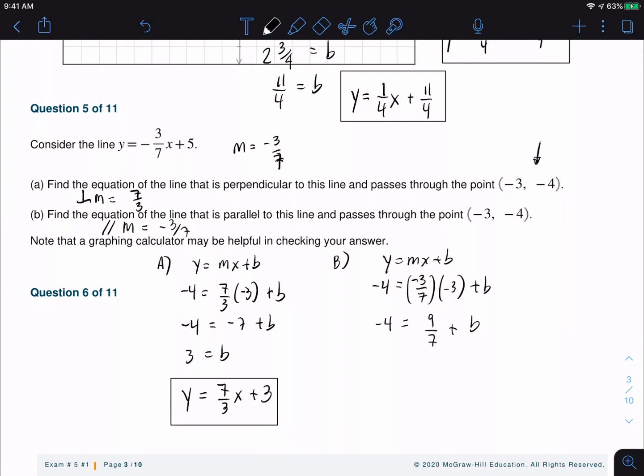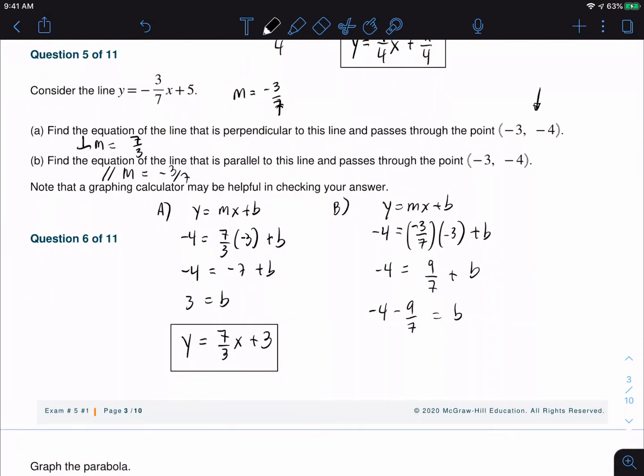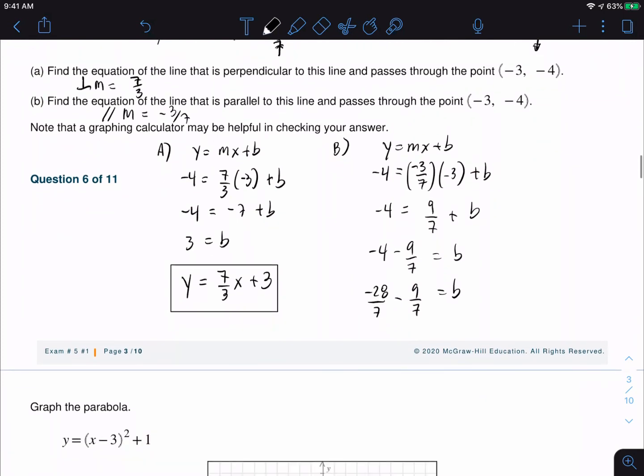So I have to subtract 9/7 to find out what my b is. And that ends up being a negative 5 2/7. But I'm going to show it to you. So 4 times 7 is 28. So my b in this case is going to be a negative 37 over 7. And so my equation ends up being